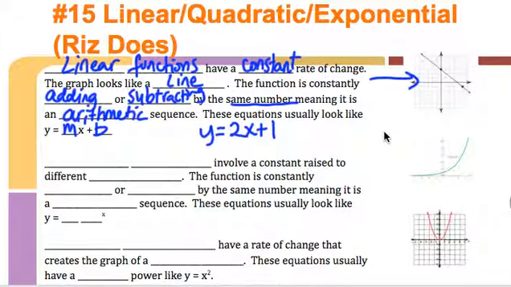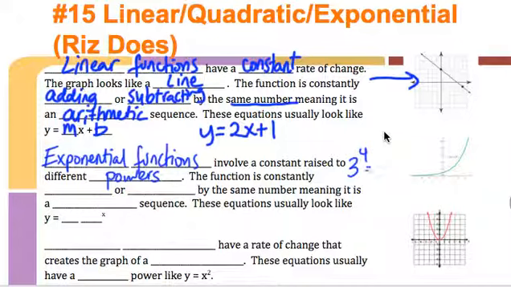Now we're going to be talking about exponential functions. So exponential functions involve a constant raised to different powers. So we know exponents, like let's say 3 to the 4th power, that means 3 times 3 times 3 times 3. So exponential functions are constantly multiplying